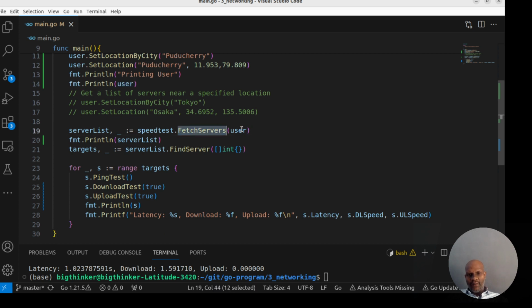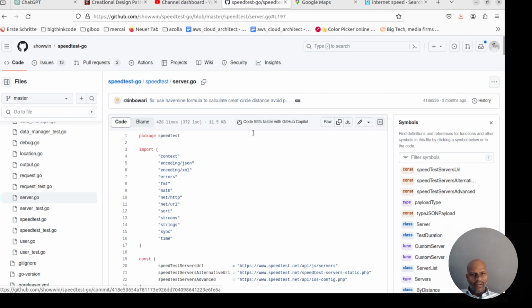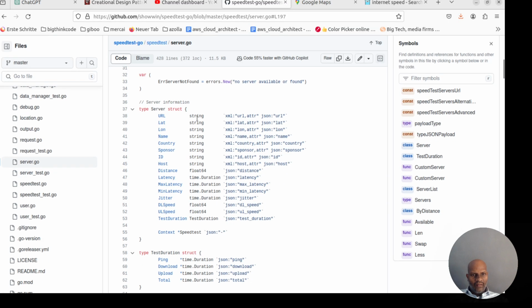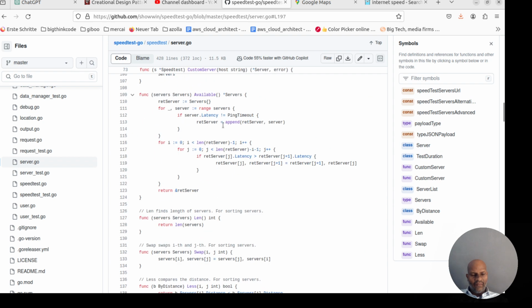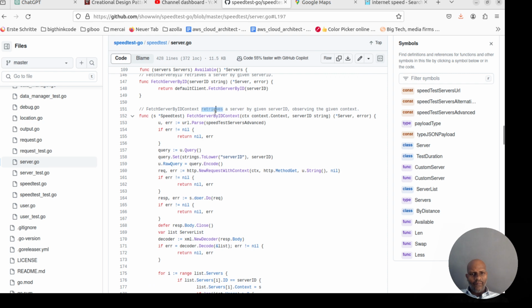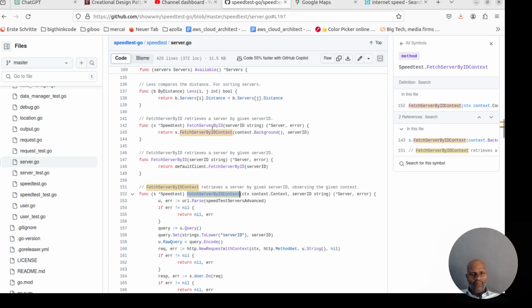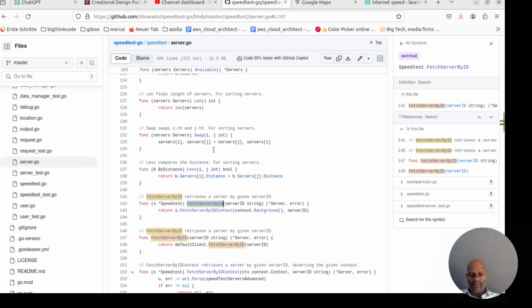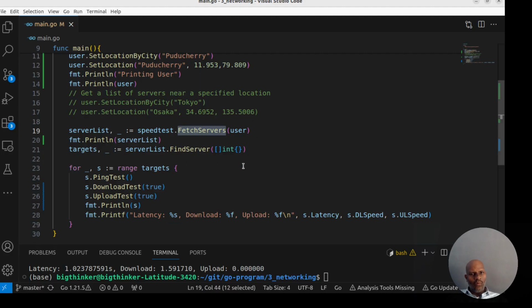Now there is a function FetchServers. If I call the function passing the specific user for this particular latitude and longitude, it's going to return all the nearest servers. How do we know about this function? It's all given here, the different functions available inside the package in server.go. We have FetchServerByContext, FetchServerByID, or just FetchServers. In this case I don't know my server ID, so I am fetching all the servers. I am printing out the servers, and we find